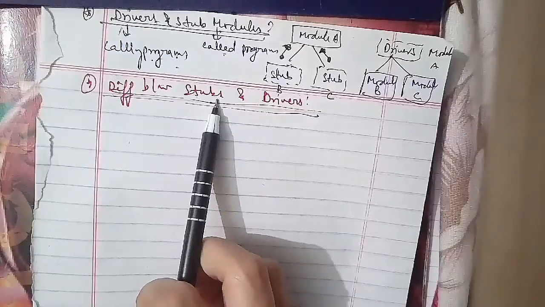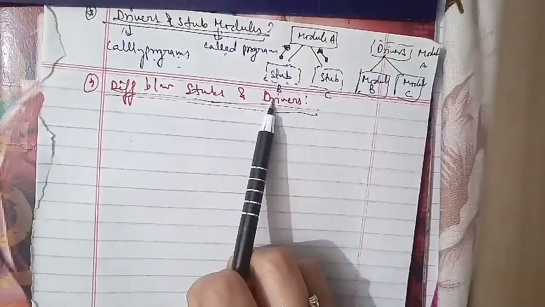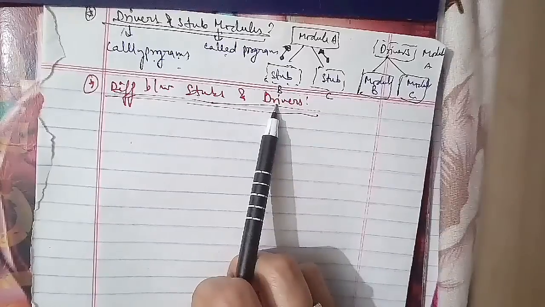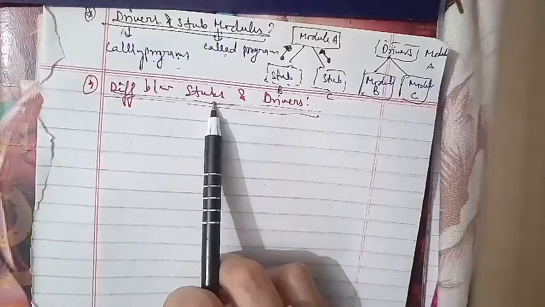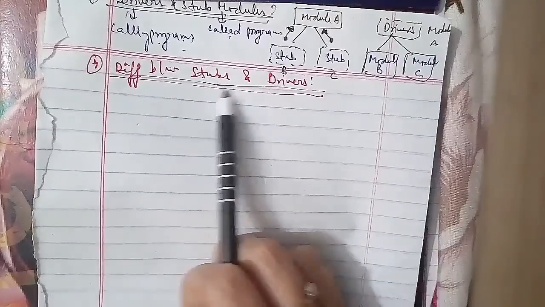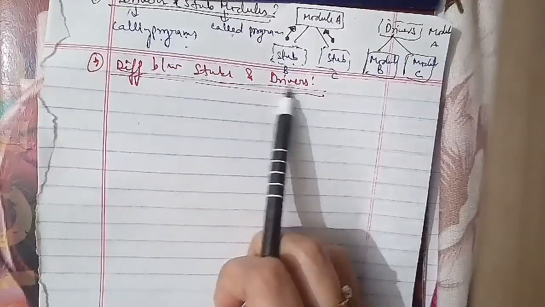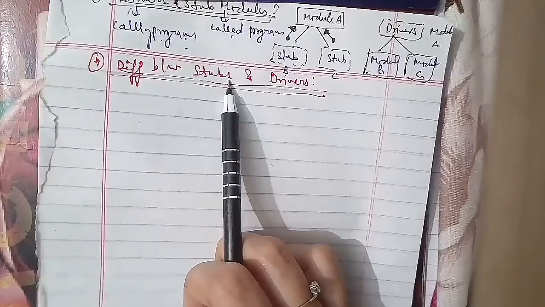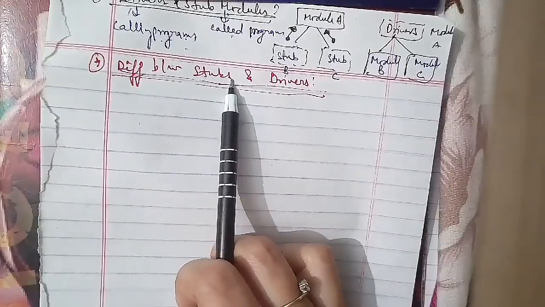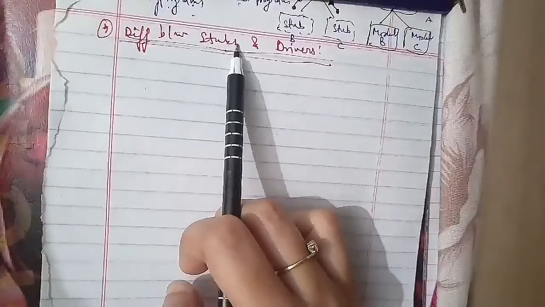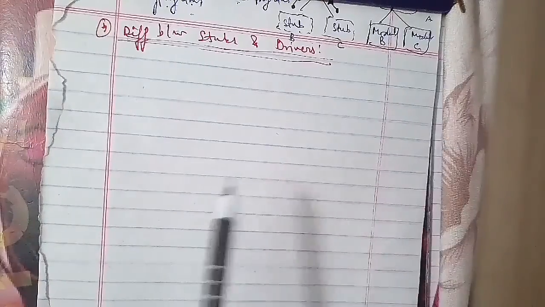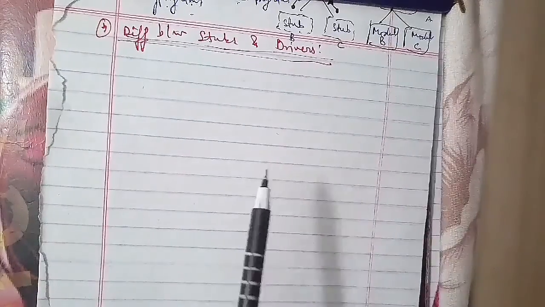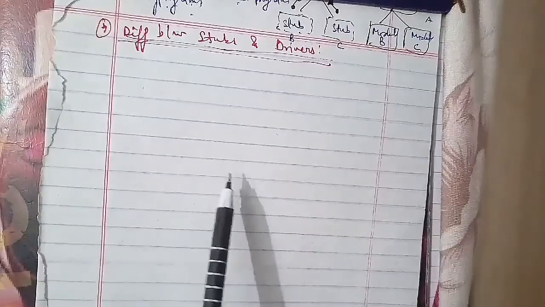Now we'll discuss many more things related to it, in terms of black box and white box testing, and that is another question. The question they had asked is to discuss the difference between black box and structural testing, and suggest how they can be used together in the defect testing process. So first of all, we'll discuss the difference between black box and structural testing, which is white box testing as well. And then after that, we'll discuss the use of black box and structural testing together in a defect testing process here.